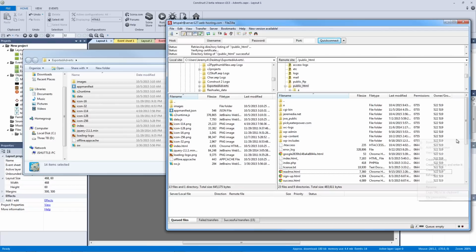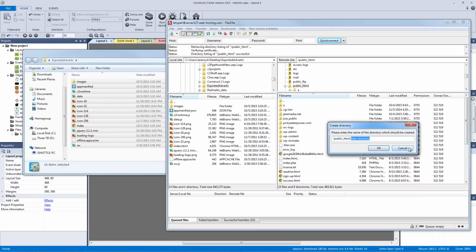I'm going to right click and create a new directory, and this is all in my public HTML directory. If you have a web host and you have FileZilla, then you can follow along with this. Otherwise, you can probably upload this entire folder to Dropbox, and I'll show you why you can do that in a second. I'm not going to upload it to Dropbox, but I'll show you why when we actually get into programming our